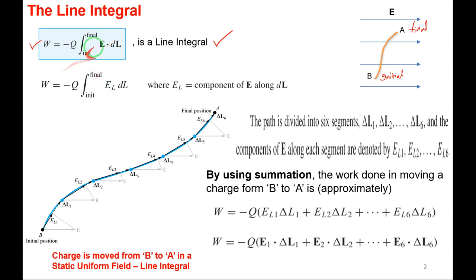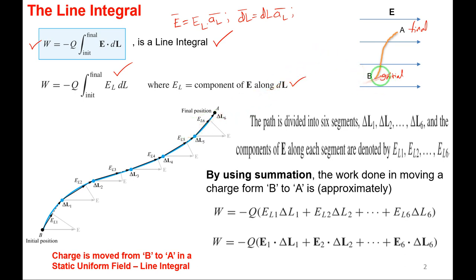Now I want to remove the vector notation and write it in the form of just magnitudes. So W is equal to minus Q integration from initial position to final position. This E vector can be written as the component of the electric field intensity along this path, let me call it EL into aL. Then what is this dl vector? dl vector is equal to the differential length dl along aL. Taking the dot product, E dot dl is equal to aL dot aL, which is 1, EL dl. So we have expressed it in terms of magnitudes, where EL is the component of the electric field E along the differential length dl.